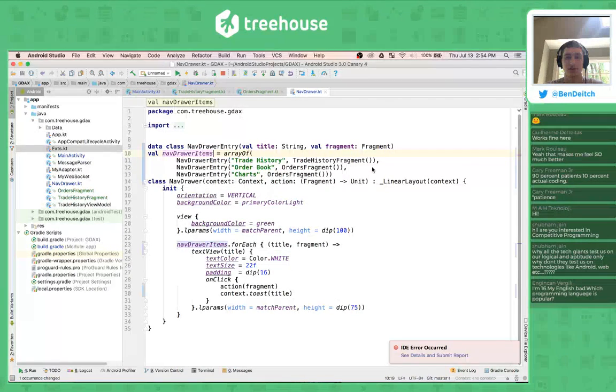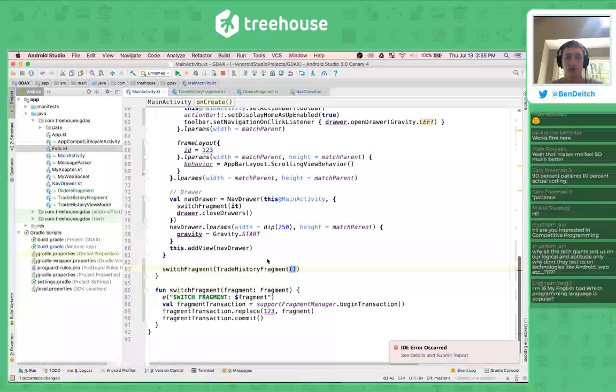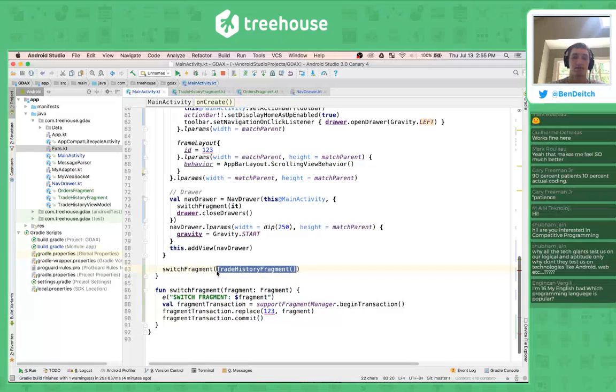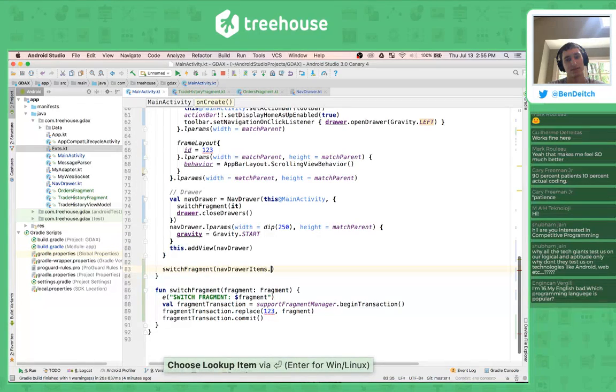Then to get the trade history fragment, let's see if this works. We can do nav drawer items. That's sort of a gross way to do it now that I think about it, but nav drawer items 0